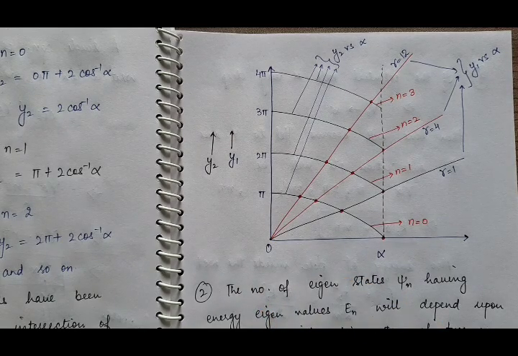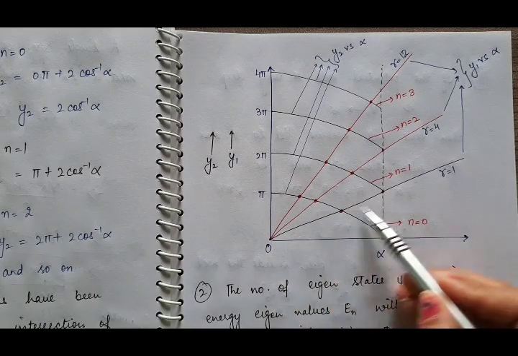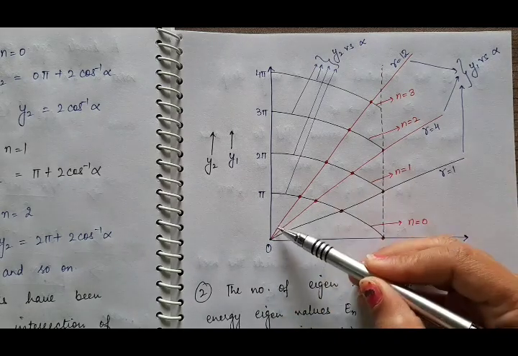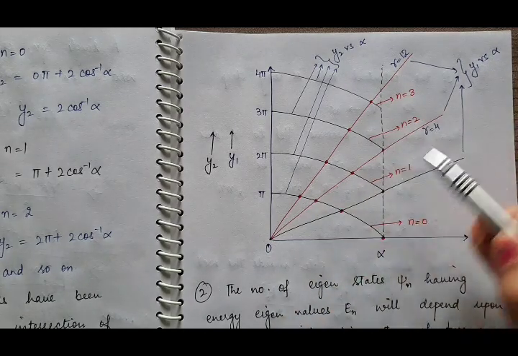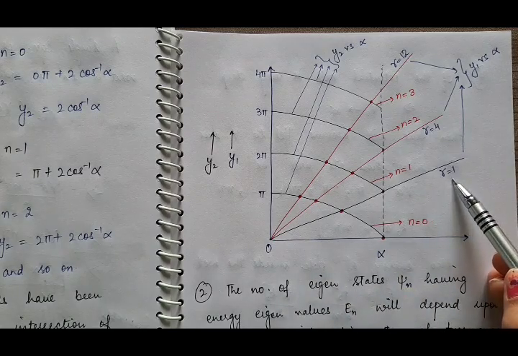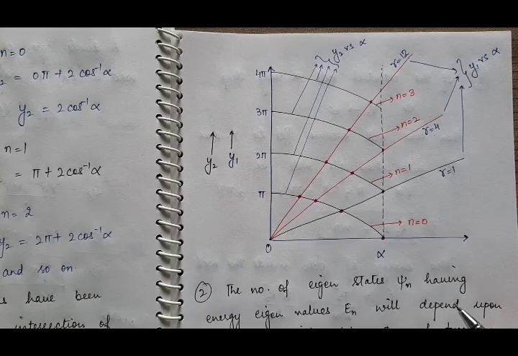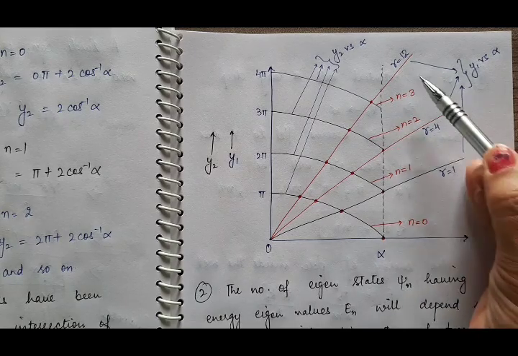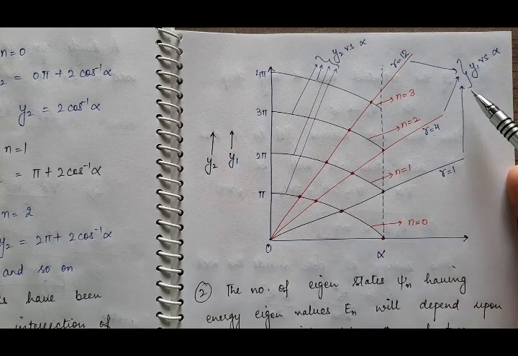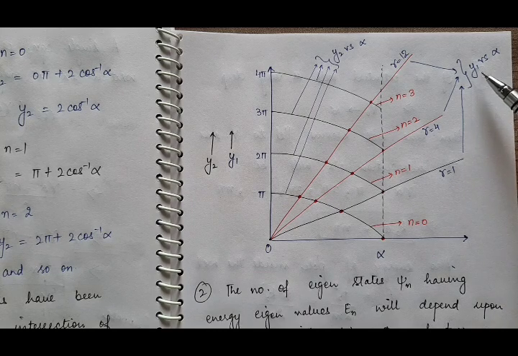So here y1 is equal to gamma alpha. It represents the equation of a straight line. So corresponding to different values of gamma, we have these straight lines. This one is corresponding to gamma 1, this one is corresponding to gamma 4, gamma 12, 1, 2, 3 and so on. Corresponding to these gammas, the equation of this line is y1 is equal to gamma alpha. So these three curves are representing y1 versus alpha variation.